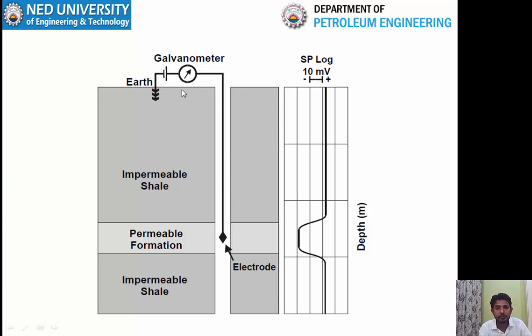So again, basically you can see that these are two electrodes, one is mobile, moving, another is fixed, and against the junction of the permeable and impermeable formation, you have the development of the potential. One because of the migration of chloride ion, and other because of the migration of sodium ion. So negative and positive charges have developed, and this causes the natural current to flow, and you have measured this flow of this natural current at the junction between the two zones. So this is a very small current, that is why it is measured in millivolt.